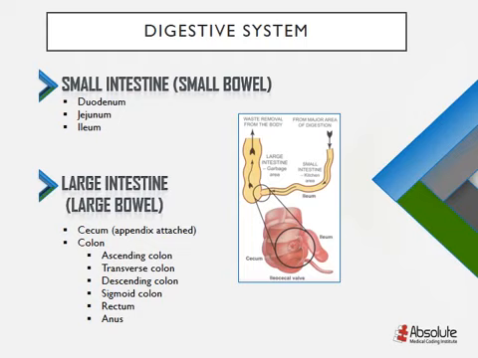But the large intestine is only about 5 feet in length, but the diameter is bigger, which is why it's called the large intestine. Its diameter is about 2.5 to 3 inches, and it's comprised of the cecum, which I told you before had the appendix attached. So remember, that's on your lower right quadrant. Then we go into the colon, starting with the ascending colon, where food moves up across the body from the transverse colon, down the body to the descending colon, to the sigmoid colon, to the rectum, and the anus, where